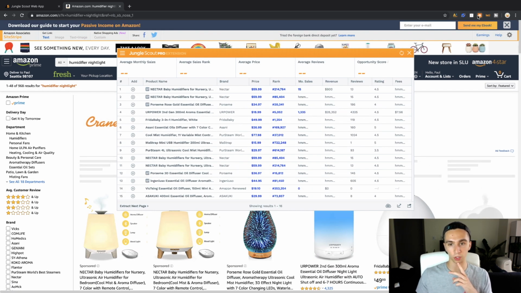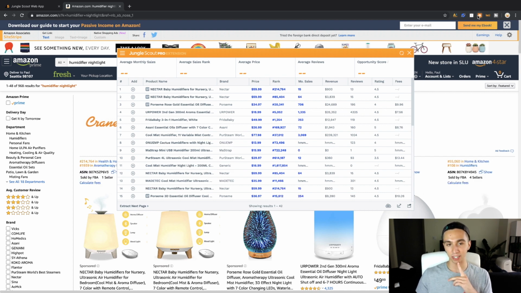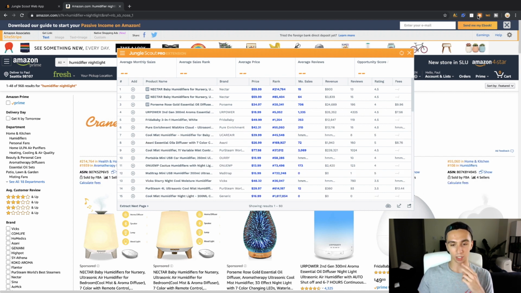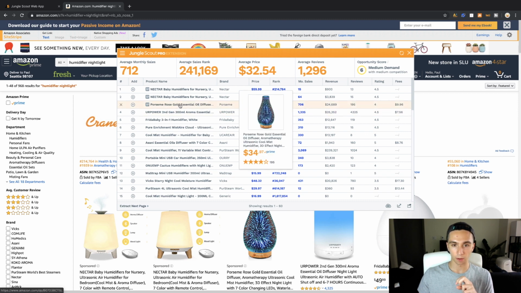Now, don't be fooled in thinking that this is its own market. You're going to be competing with all humidifiers if you sell this product. So you have to have a good humidifier. You can't have that. That one looked pretty not so good. We'll say it in a nice way. So like, that's really cool. No wonder they're making